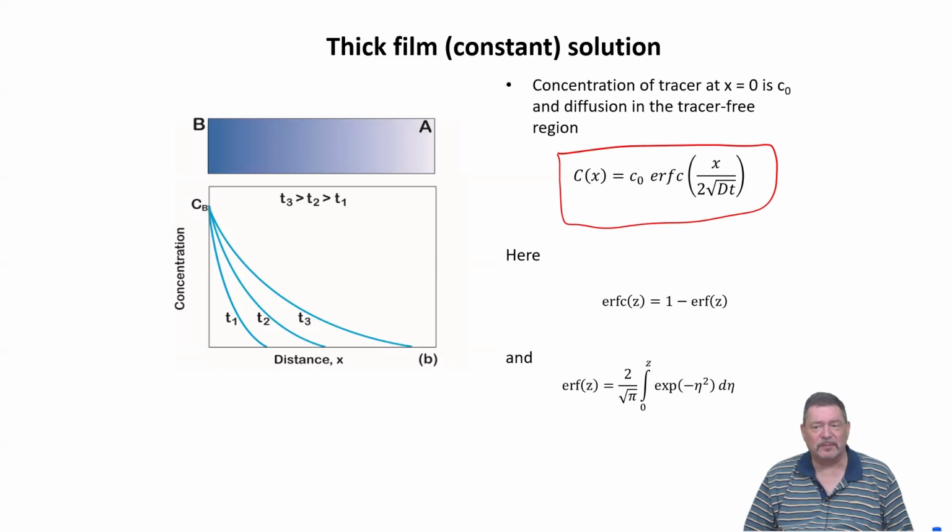And so it means if you do diffusion experiments, and if you now apply a certain amount of material on your matrix, on the material where you want to measure diffusion coefficient in, you need to know, did you apply a thin film? And will the concentration vary? Will it be consumed during the diffusion process? Or is it a thick film and you will have a constant source solution?